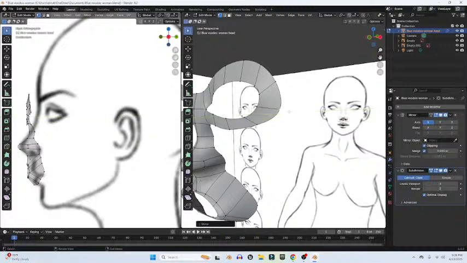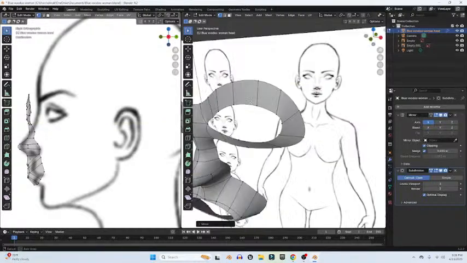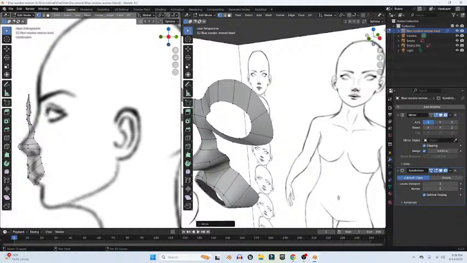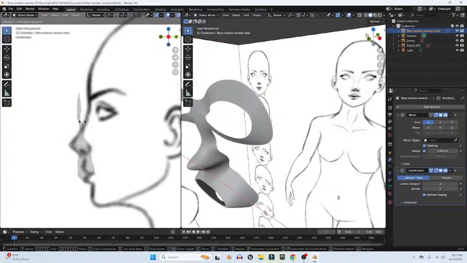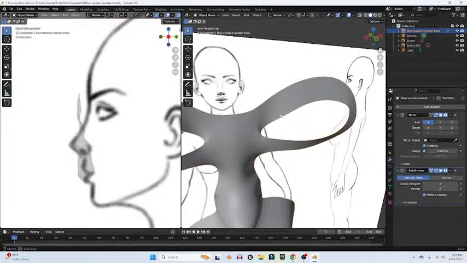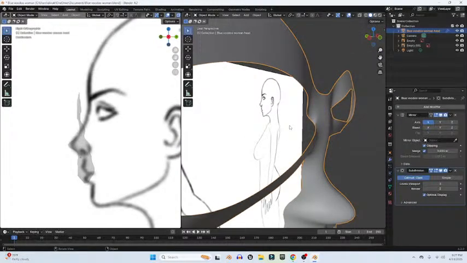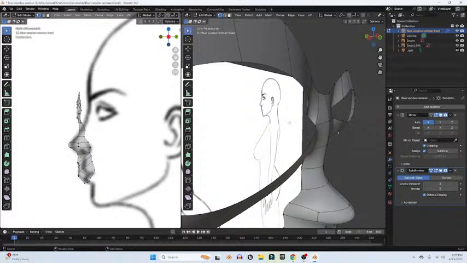What I like to do is build the body first and get everything done. But I like to build, like, an example is,